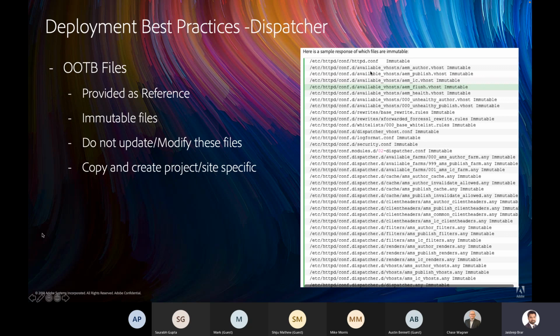So let's take the second file, which is aem author.vhost. This is a vhost for the default installation. This will be present on all AMS instances. But if you want to create a test.com site, you need to have a vhost for that. So the recommended practice is to copy this file, change the name to test_vhost, and then change the vhost entries in that, so that dispatcher picks up that configuration or that vhost based